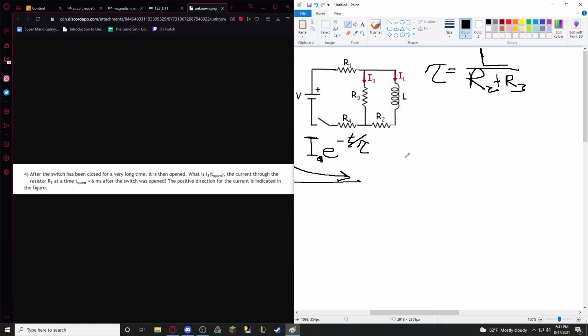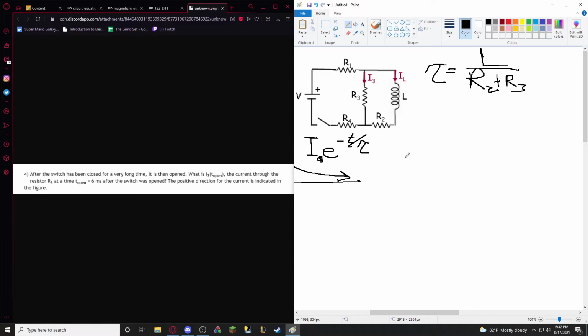Well, in one of the questions they asked you about how to find IL already. You have to even use I4 as well in that case, because how is the current through the inductor